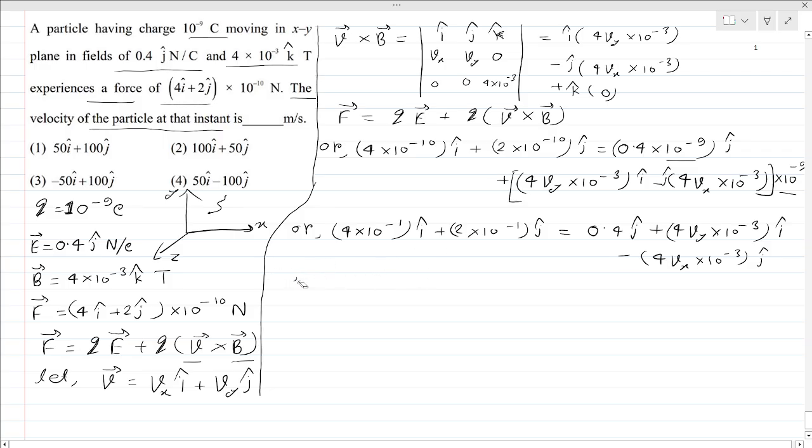As you can see, 4 into 10 to the power minus 1 I cap in LHS, and in RHS there is only one I cap, that is 4 Vy into 10 to the power minus 3. So you can easily write it by comparing the coefficient